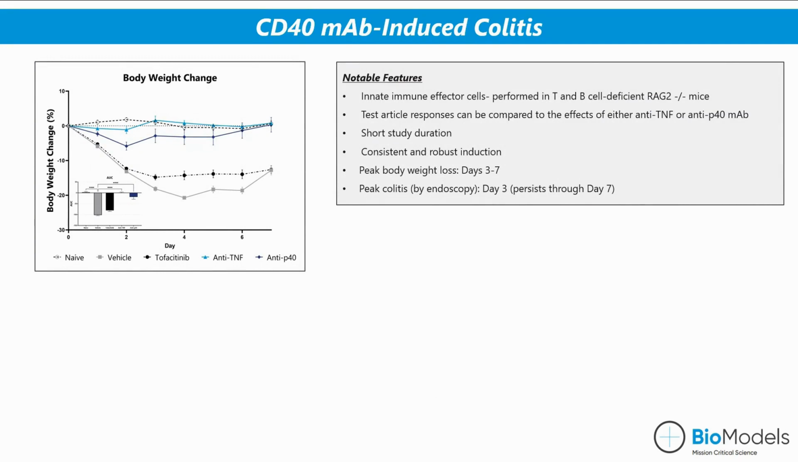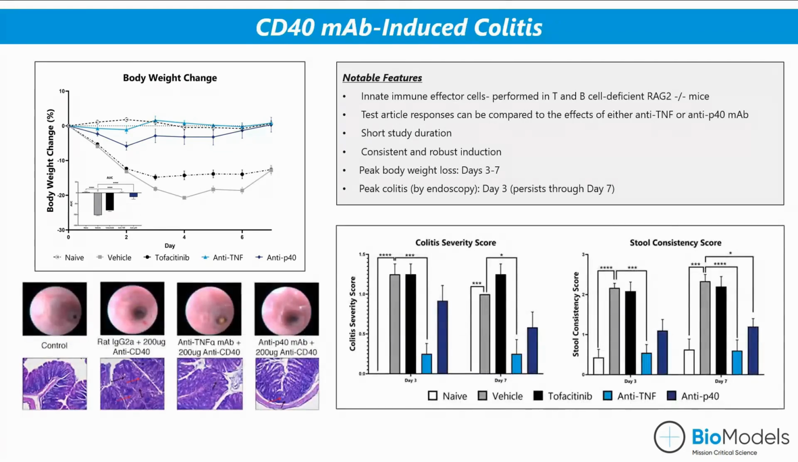And consistent and robust disease induction is seen in the model with body weight loss peaking between days 3 and 7. Treatment with both anti-TNF and anti-p40 are effective in significantly improving body weight loss compared to the vehicle control, while treatment with another commonly used reference compound, tofacitinib, did not provide any benefit here. Peak disease by endoscopy is observed on day 3, with colitis persisting through day 7. Treatment with anti-TNF-alpha, but not anti-p40 or tofacitinib, results in a significant reduction in colitis severity compared to the vehicle